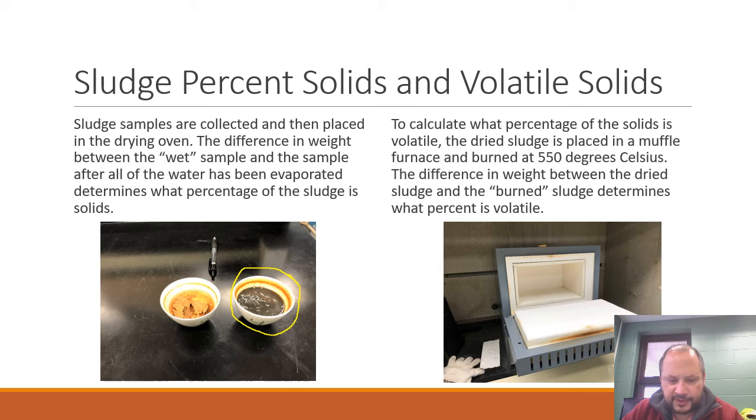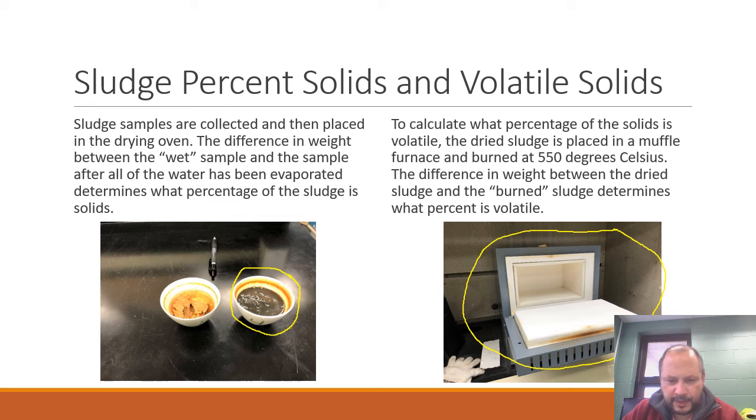The second step in this test is to convert this into percent volatile solids. We want to know what percentage of those solids are actually volatile content, which we use to determine how much of it is organic. So to determine volatile content, we would actually take our dried sludge sample and put it in a furnace and burn it